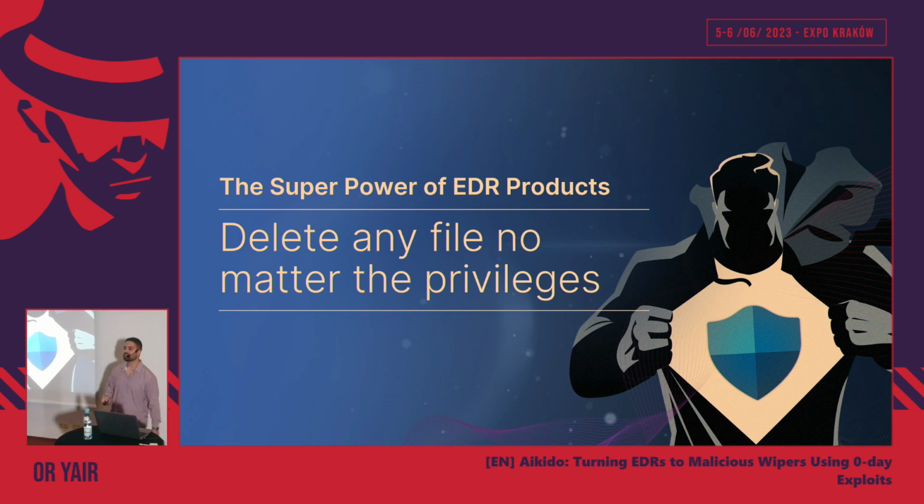They have the ability to delete almost any file on the system, no matter the required privileges, because they usually run with the highest permissions possible, because they need to have this ability, because a malicious file can appear everywhere. But before we are going to understand exactly how we can Aikido EDRs into deleting our target files as an unprivileged user, let's first understand briefly